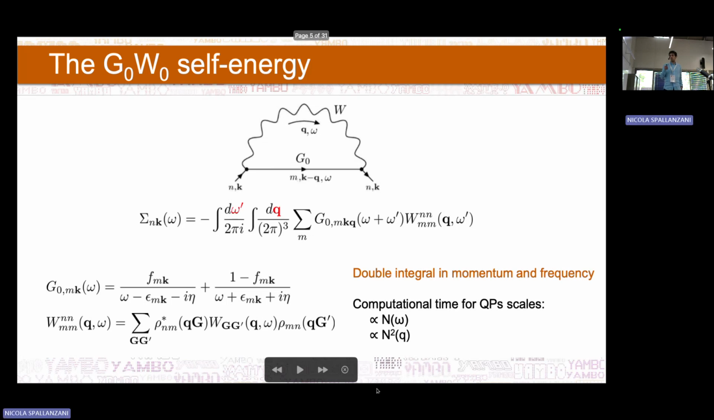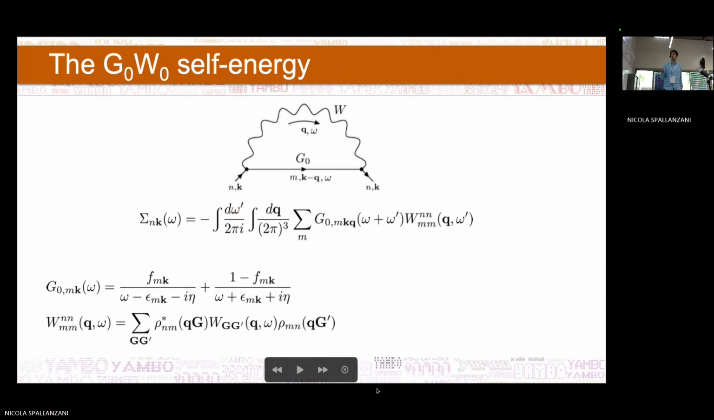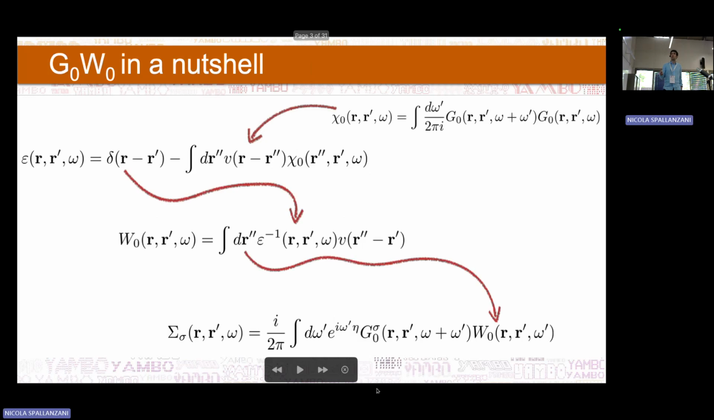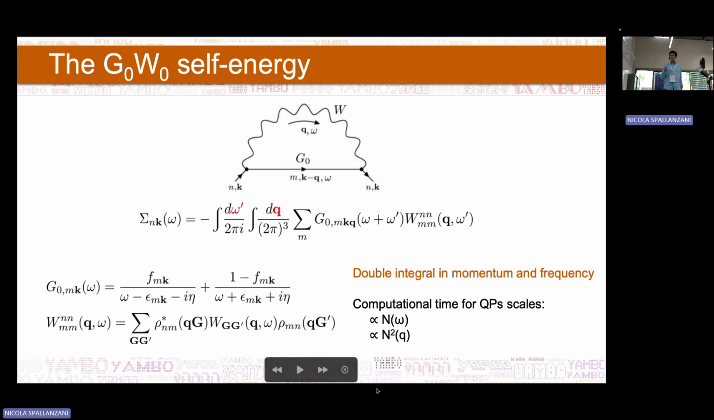In particular, because it is present in a double integral over frequency and momentum. In this case, the frequency scales linearly. The momentum dependence is worse. But if you remember, within the screened potential W there is a chi, or there is another integral over Q, so the dependency is even worse. So now I will focus